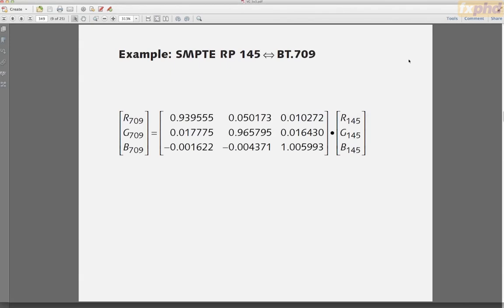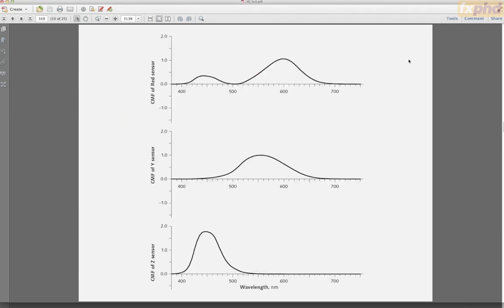ACES primaries. So now I'm going to very quickly, because I've only got 6 minutes left, give you a refresher, for those of you who heard this in DCT 301 last year, of this 6-page storyboard that talks about how you sense, how you display, and what the spectral characteristics are on both sides. So according to the